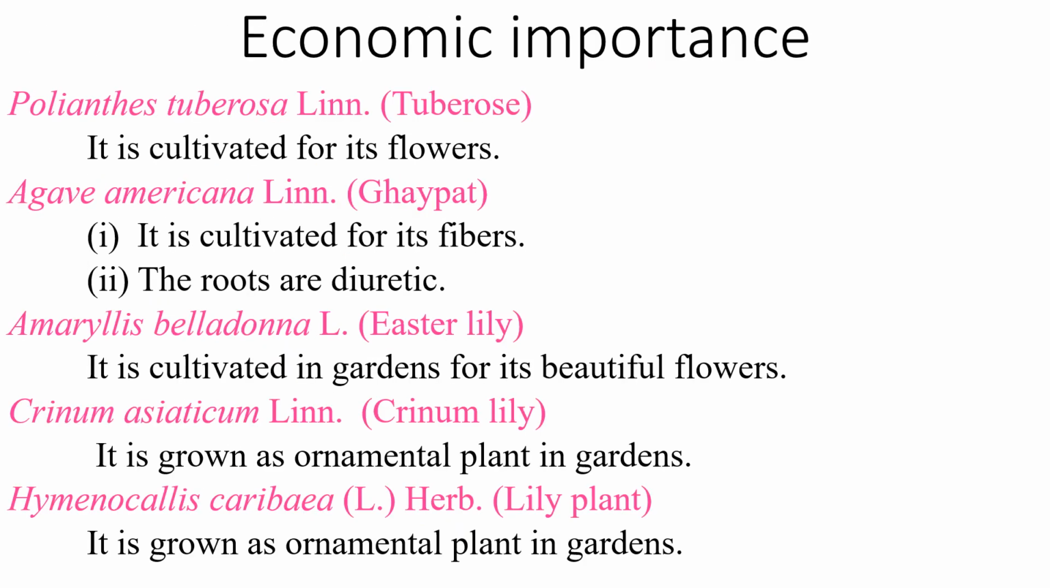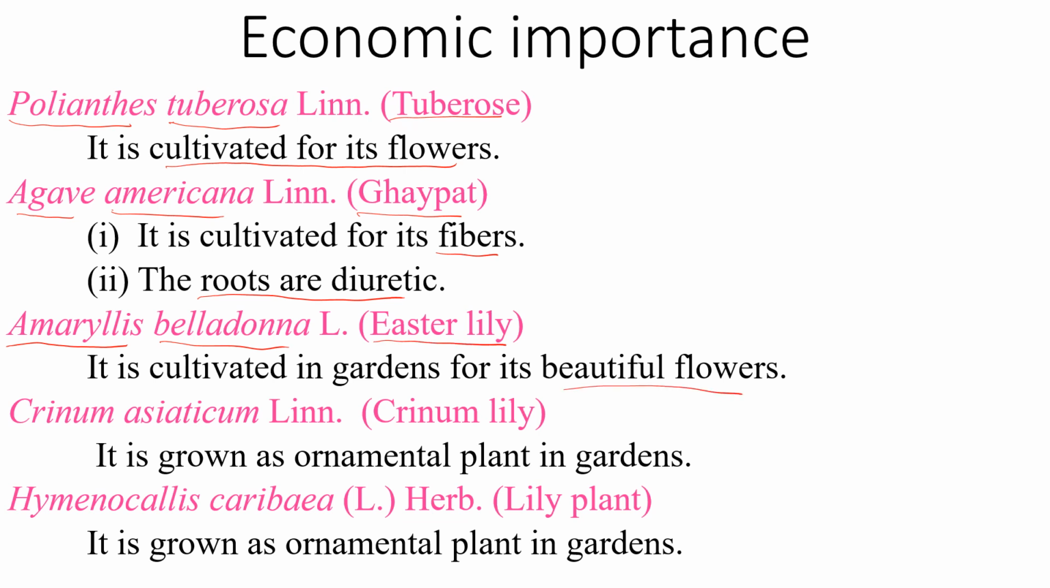And the last part is economically important plants from family Amaryllidaceae. The first plant is Polianthes tuberosa, or tuberose, and the Marathi name is Nishigandh. It is cultivated in gardens for its fragrant flowers. Next is Agave americana, Marathi name is Ghaipat, which is cultivated for fibers and its roots are diuretic. Then the third plant is Amaryllis belladonna, that is Easter lily, and it is cultivated in gardens for beautiful